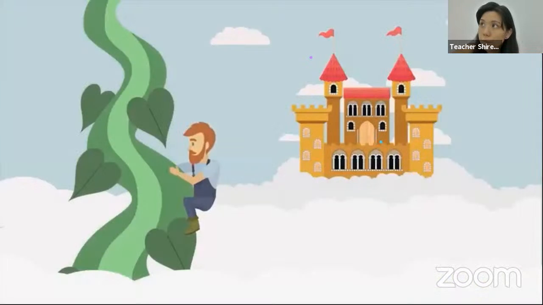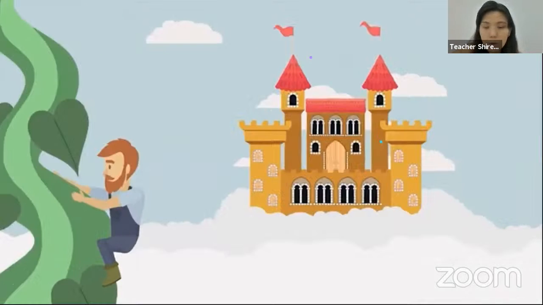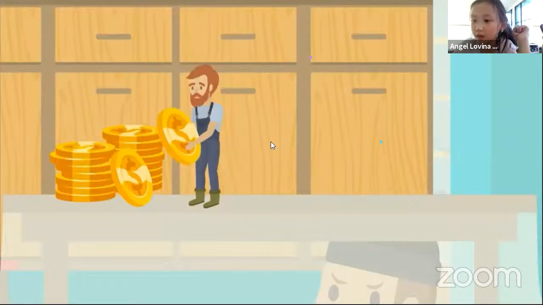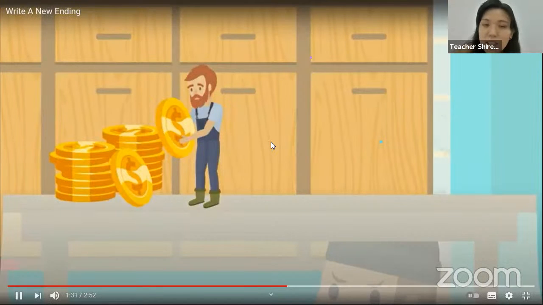Jack climbs the stalk and finds a castle in the clouds where a wealthy giant lives. Jack tries to steal some of the giant's gold, but the giant